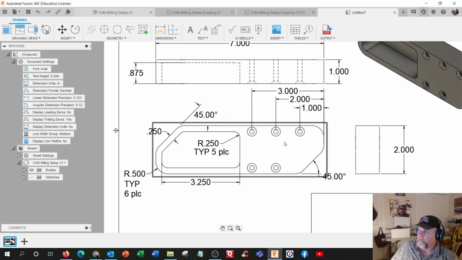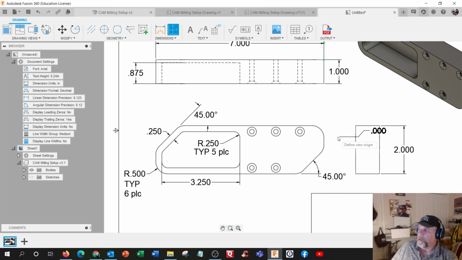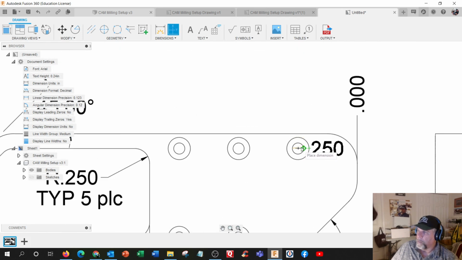All right, and then the spacing. So let's see if we can find a better way of doing this dimensioning. Delete, delete, delete. What's this say? Ordinate dimensionings. This one's based on a 0. So I want to call this 0. So if I do this, that's where, oh, I got to be in the middle of that hole. So I'm not in the